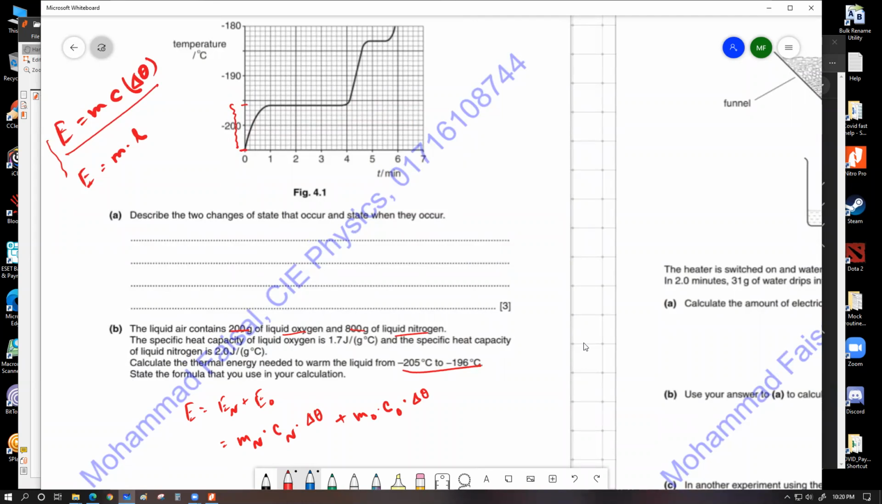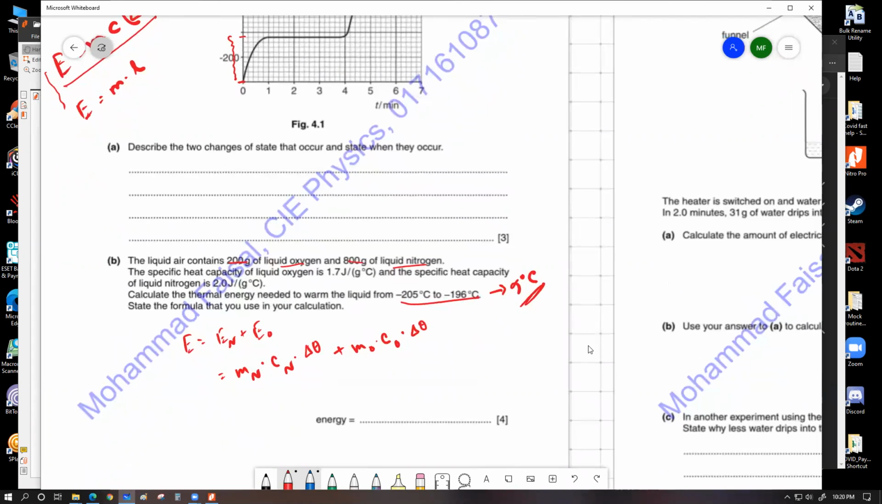How much did you get? 9 degrees? You can get 9 degrees. Yes, sir. Then keep putting in the remaining values. And the important thing is, if you have a look over here, this